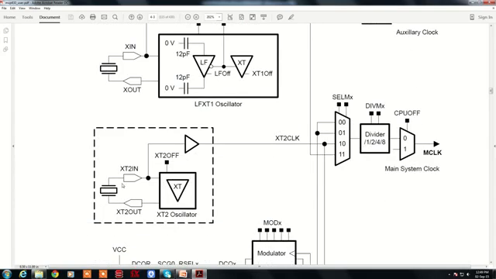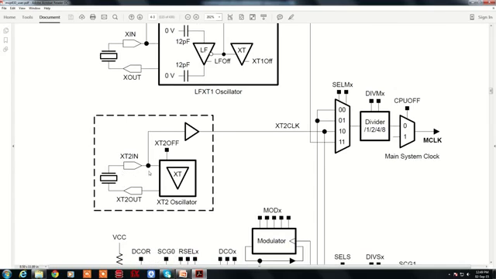Similarly, X2 in, the other crystal oscillator, the main system clock oscillator source, you can interface externally, and that again, through a multiplexer, is selectable or divisible. And finally the main system clock oscillator, that is the CPU, can be switched on and off. So this is in the power saving modes.